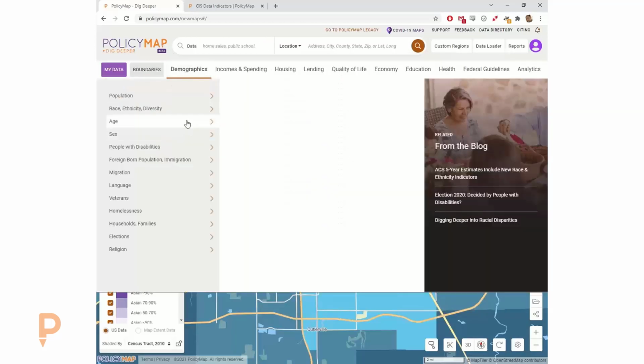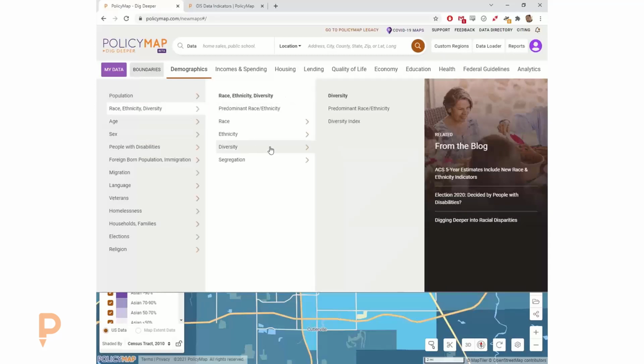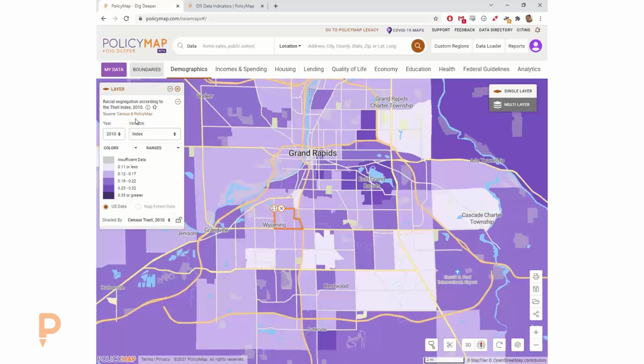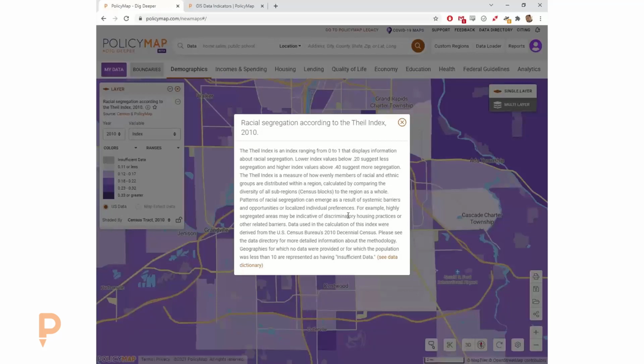There are other really neat ways to look at diversity and segregation in these areas. There were some indexes that we created that were pulled from academic studies. So the Theil index is a really neat one. One of the neat things about data in PolicyMap is that we get really wonky here. If you want to understand where the data comes from, while the title tells you what this means, the little eye icon in the legend will give you a longer, much more helpful explanation. So I think this is the Theil index, which is saying